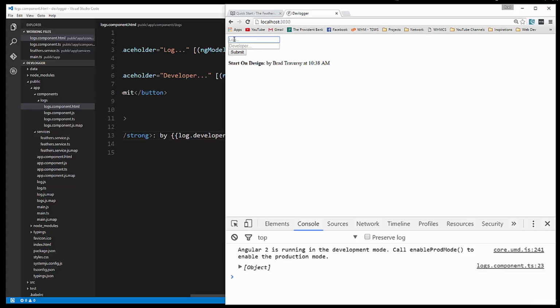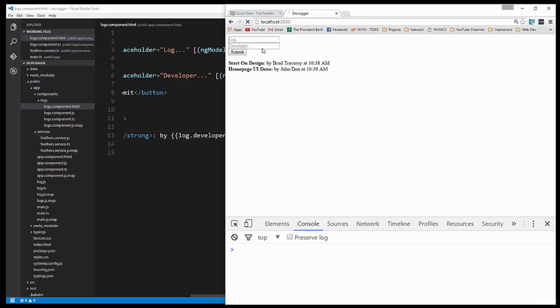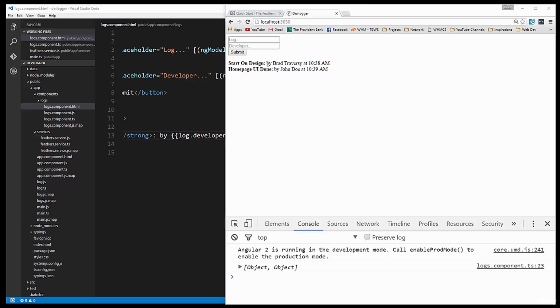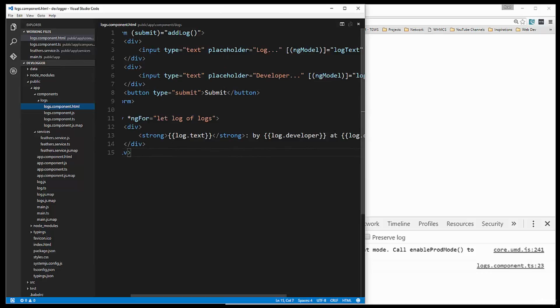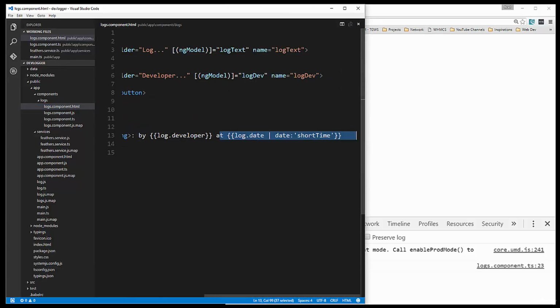Alright, so let's add another one here. We'll say homepage UI done, and that'll be from John Doe. Alright, cool. So now that we can add logs, we want to be able to remove them as well. So let's go back to the HTML and go down to where we're displaying the log after the time here,